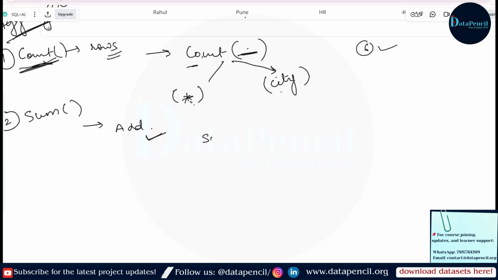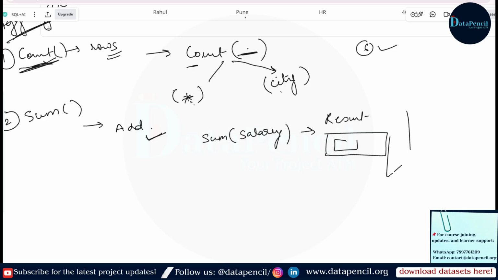If we write sum of the salary column, then the result will come after adding all the salaries, those 70,000, 60,000, and so on. Whatever the result is after adding all those salaries, it will be our result after applying this sum function. Here sum will automatically ignore the null values because it is not possible to add a null value.